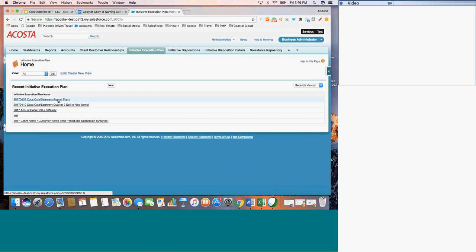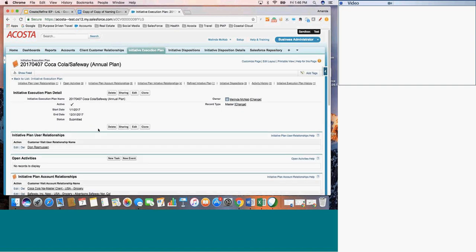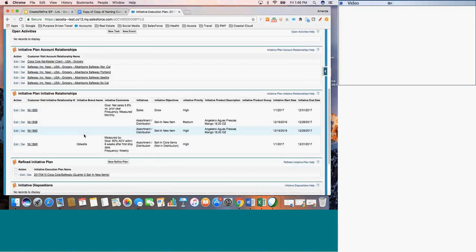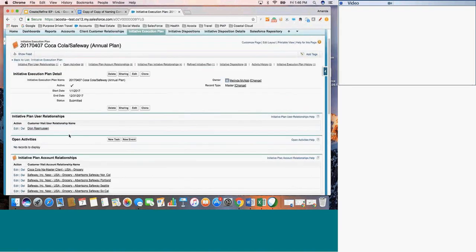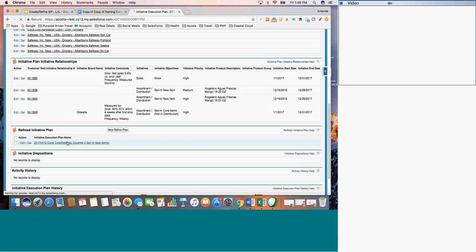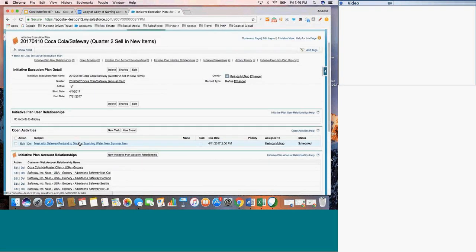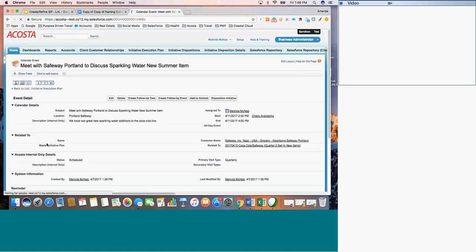Okay, so I could do them from either plan. Actually, what I'll do is I'll do it from a Refine, because the cool part is it created that event. Remember, an activity said save and schedule. So I'm meeting with Safeway Portland to discuss the new summer item. This was just my Q2 plan, and meeting with Safeway. So if I go into there,